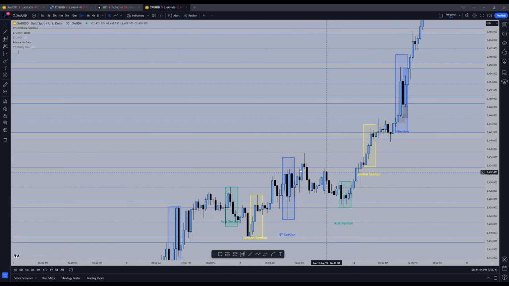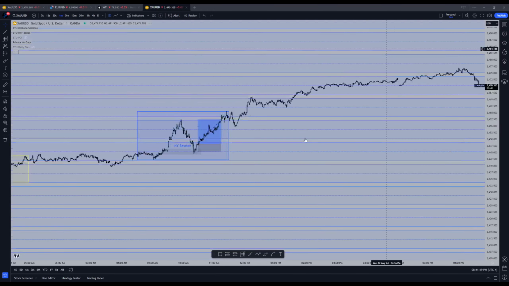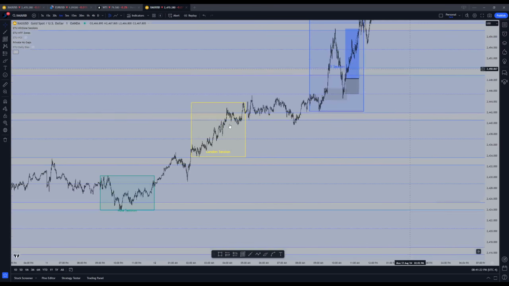And that's why I love this indicator, because it helps me see the high time frame without having to switch or do any analysis on the high time frame. So for example here,